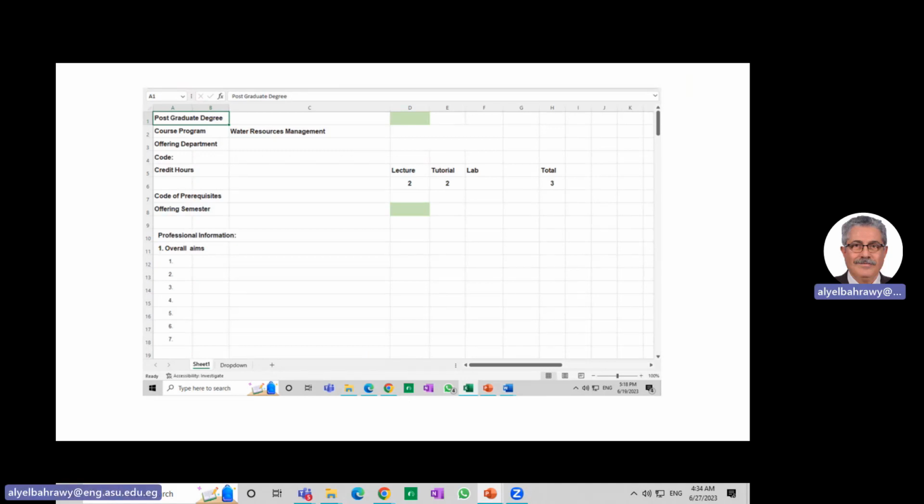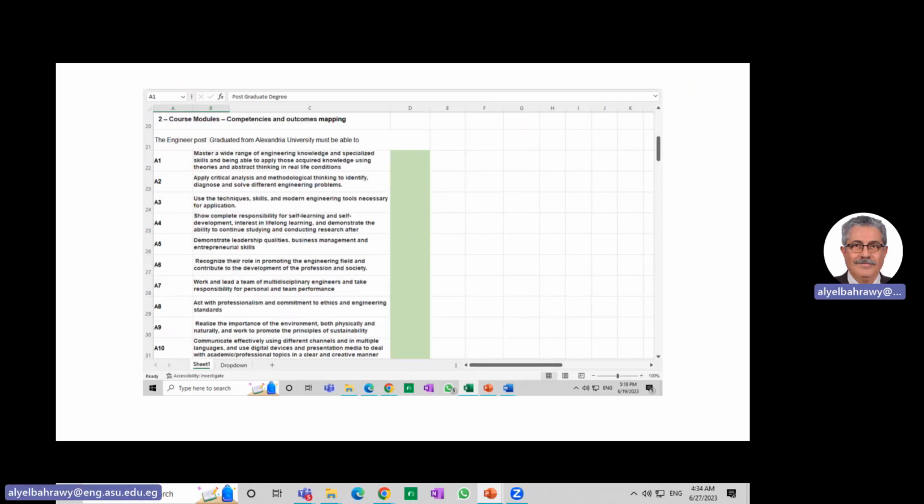Here, we start postgraduate degree, and then when you click this, you get drop down list PhD, master, diploma, and I added professional diploma, which was not in the empty form. Code prerequisite, we write here the code prerequisite, and offering semesters. The drop down here will show you if it is spring or fall or summer. We fill the professional information, number 1, overall aims. Number 2,